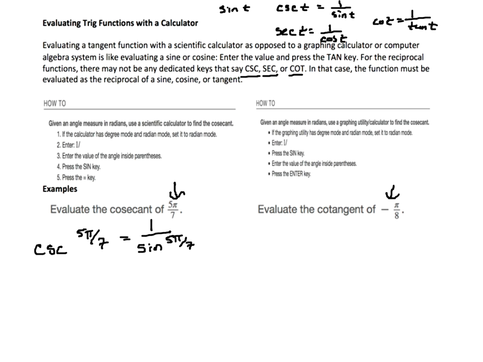So when I put that into my calculator, I do 1 divided by, I hit my sine key, that's going to open up a parenthesis. 5, I literally use my pi key, divided by 7, end parenthesis. And let's see what we get. 1 divided by the sine of 5 pi over 7. I am getting that this is approximately,